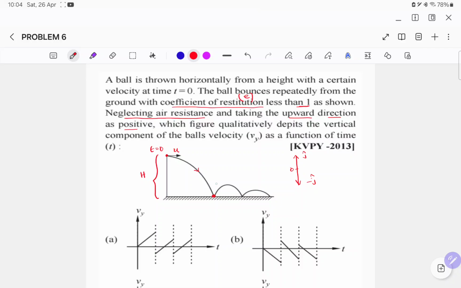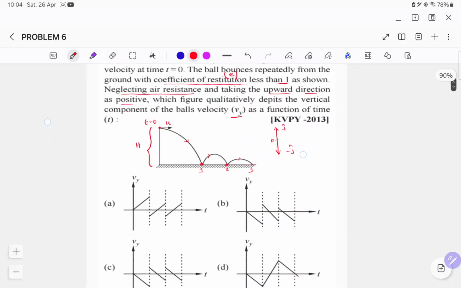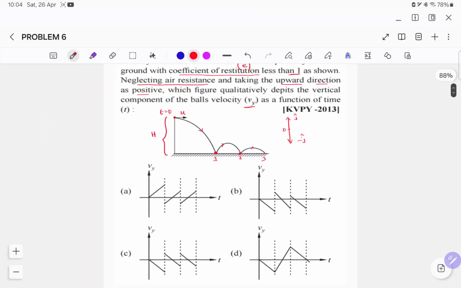Then it again follows the projectile path, a parabolic path, and again suffers the next collision here. So this is the first collision, this is the second collision, this is the third collision, and it's a repetitive process. It goes in this path. Through this situation, we are here to pick out the correct graph among the four which have been sketched